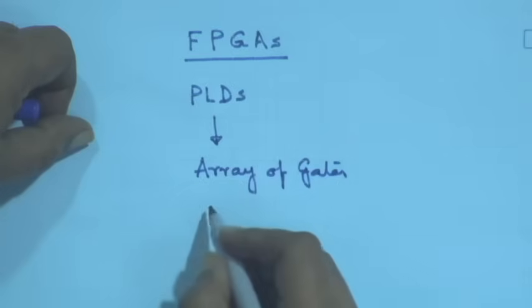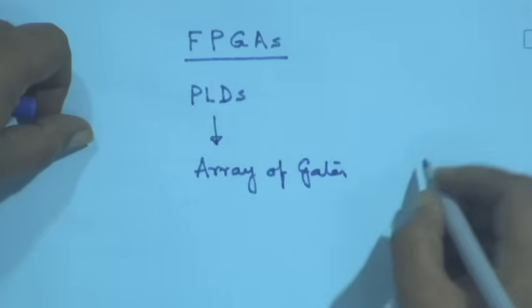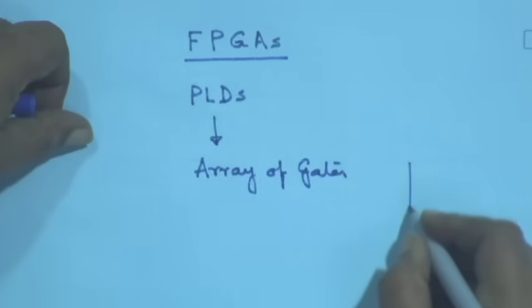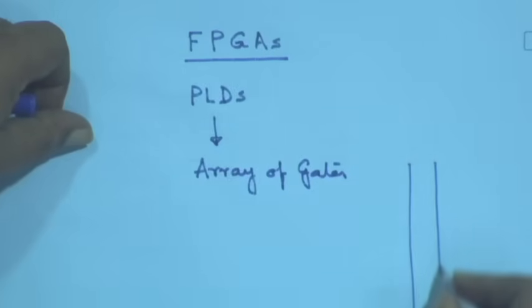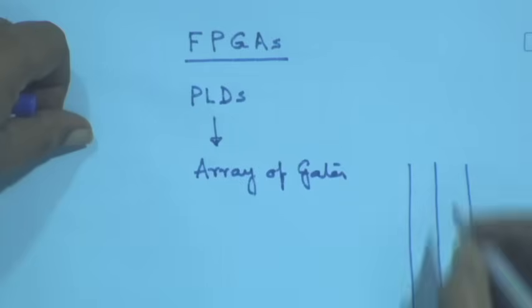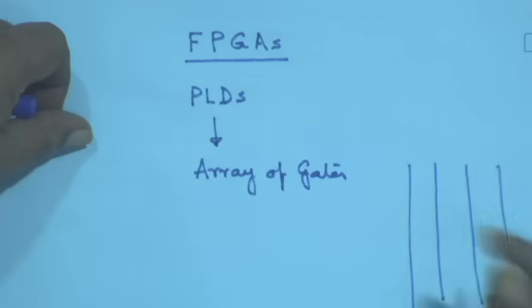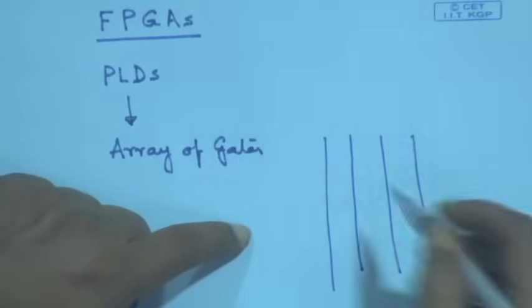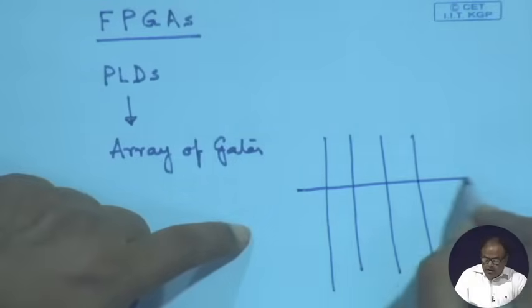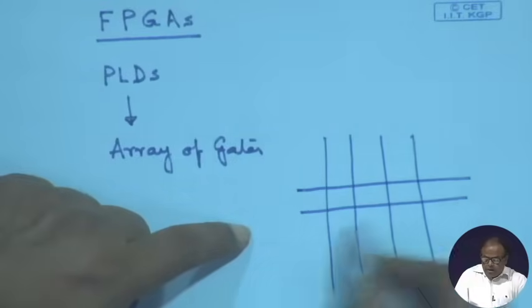In the last class we had talked about an AND array. Suppose on this plane we have the AND gates, and on this plane we will have the OR gates,